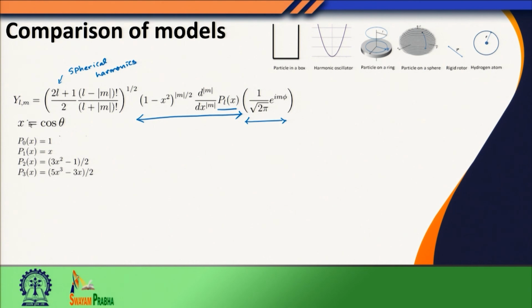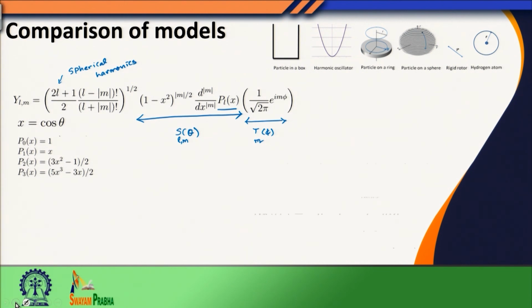So, we see that the spherical harmonics has two parts, S of theta, which depends on theta, and then T of phi. This is a function of L and m, and this is a function of m. Using this we could describe the spherical harmonic function, which is the solution for the particle in a sphere